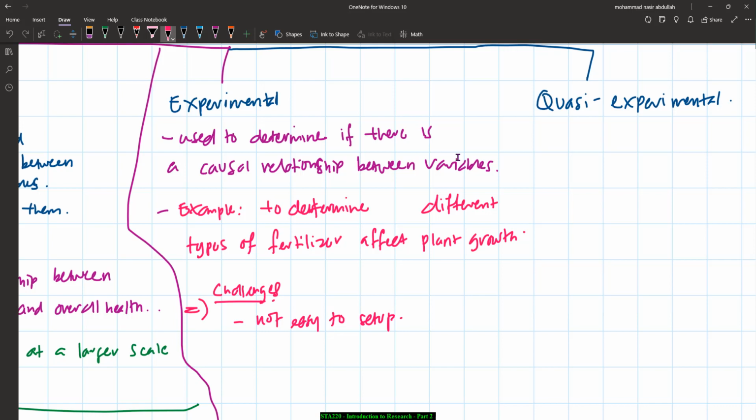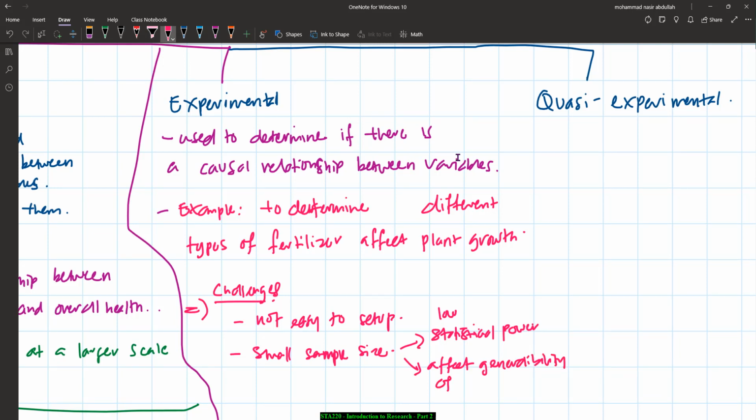Since we have a small sample size, it will lead to statistical bias, low statistical power, and affect generalizability of the result,